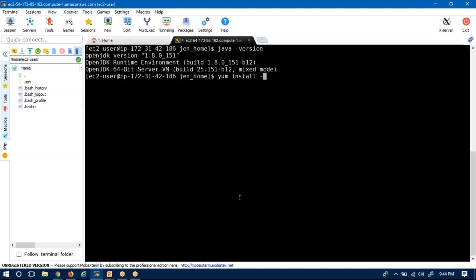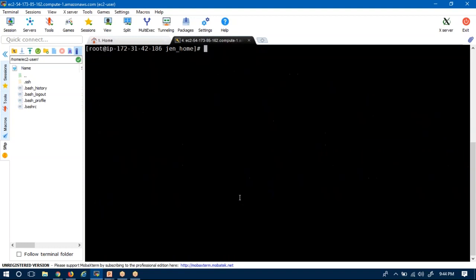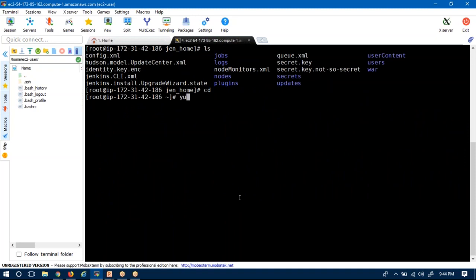Along with that, suppose I install 1.7 also. See, I am installing Java 1.7.0 openjdk. As of now we are under the user, so let me switch into root. Sudo su. Now I am installing one more Java, 1.7.